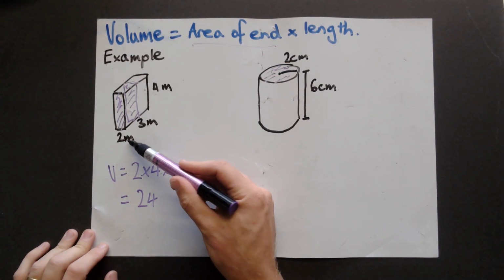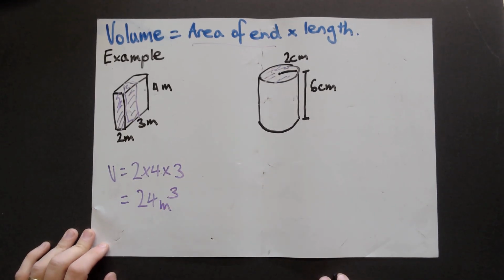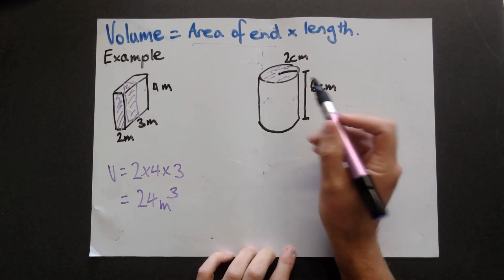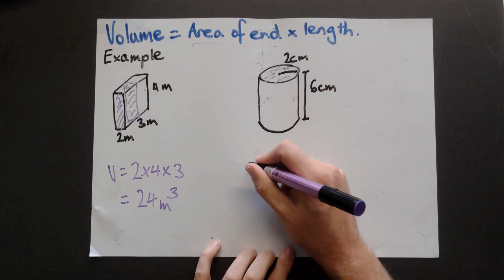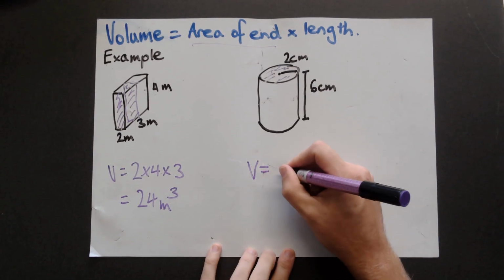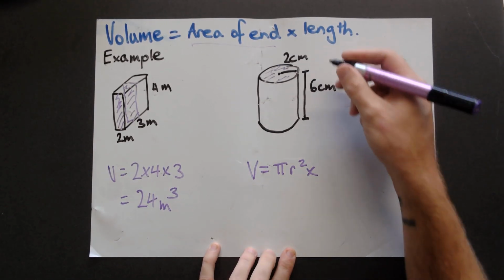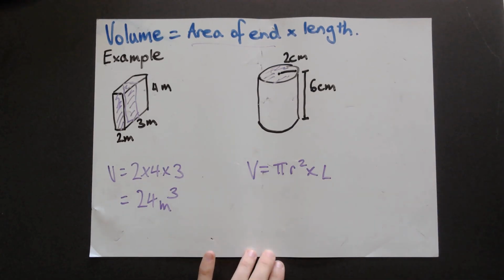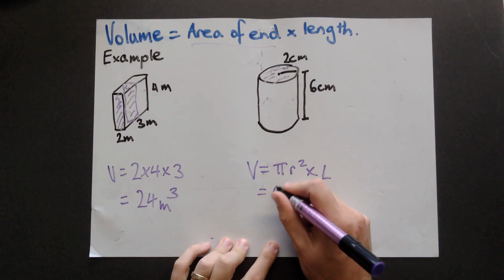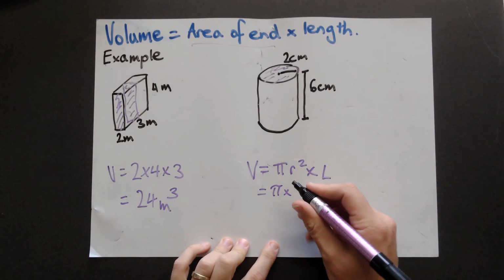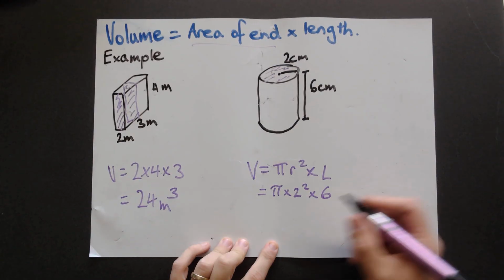Don't forget our units. So in this case, it's meters, and because we're finding volume, it is cubed. Okay. Similarly, for our cylinder here, I've got a circle at the end, remembering that our area of a circle is pi r squared, times by our length of our cylinder here, which is going to give me pi times our radius of 2, so 2 squared times our length of 6, which is going to give